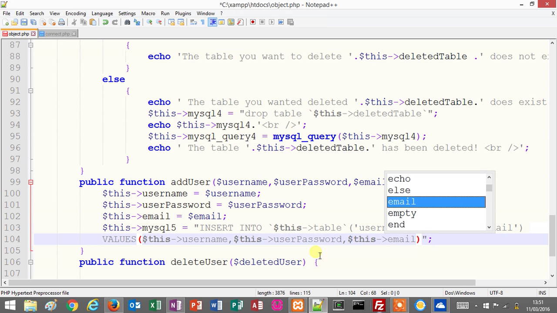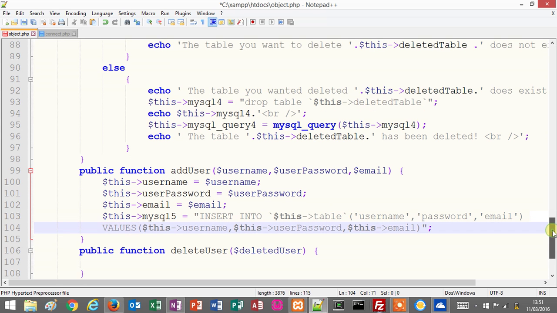email. I think that's the query written, and we'll finish defining this add user function in the next video in